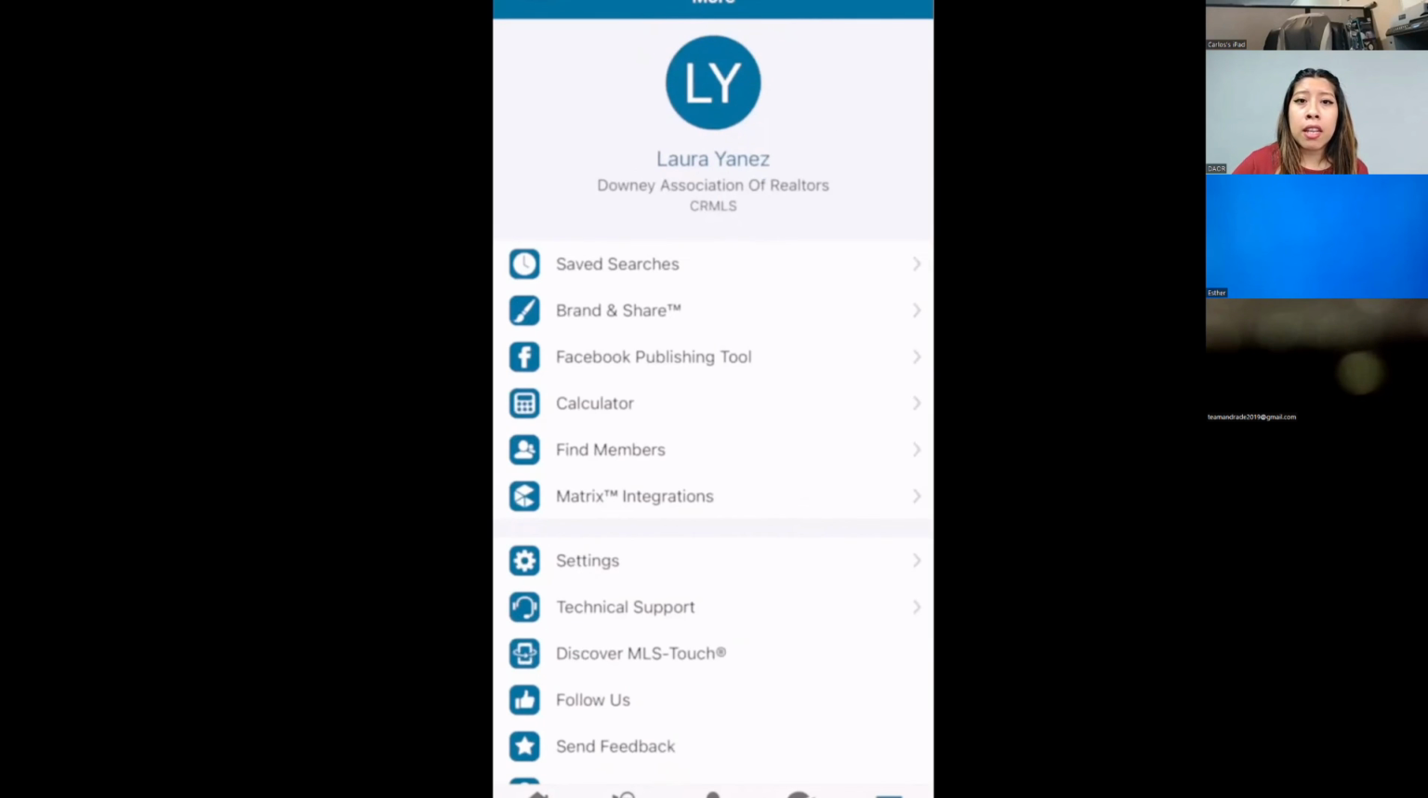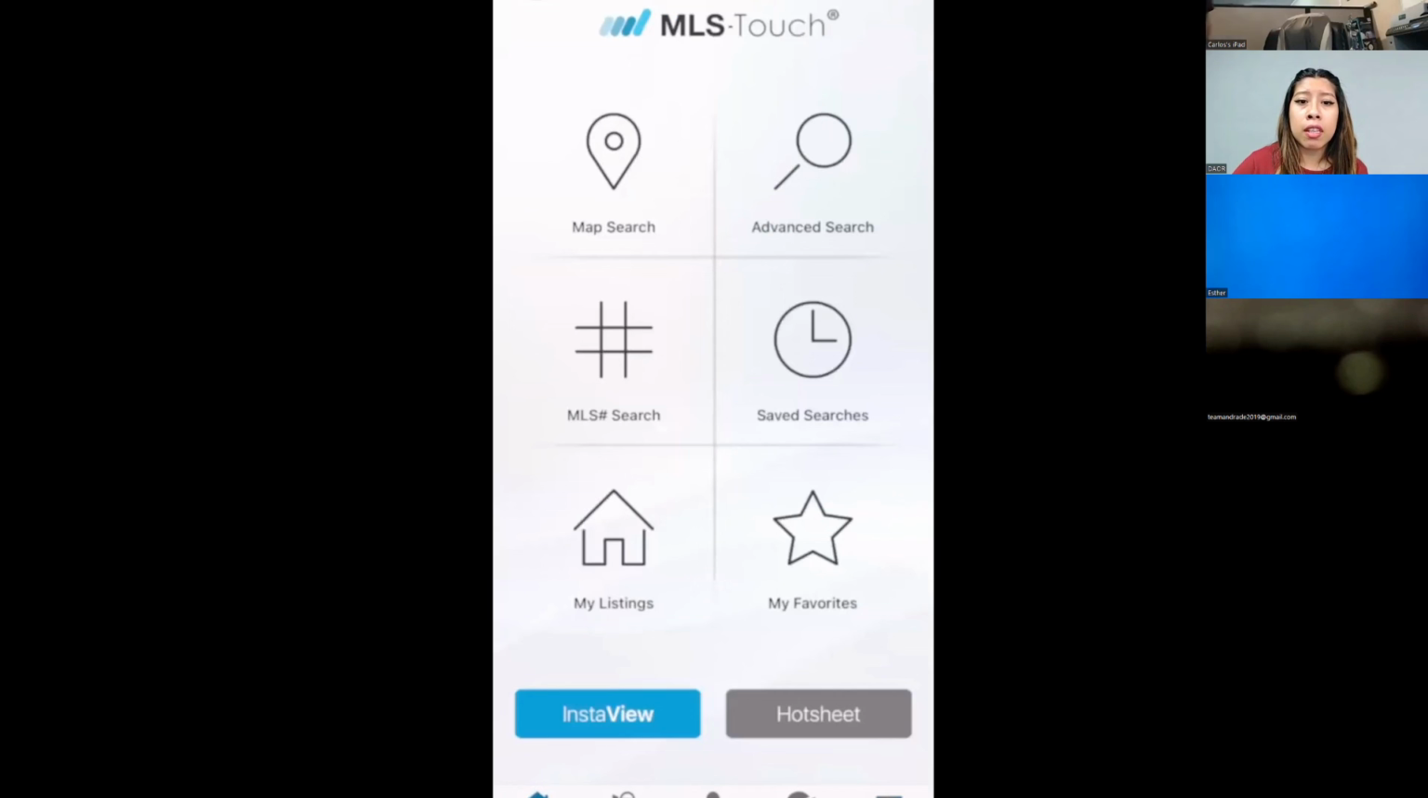And that is pretty much it. That's pretty much the basics of the MLS Touch app. It is a nice and clean app that is shareable. The nice thing is, remember, it's shareable to your clients, so they'll see your version of the app with your